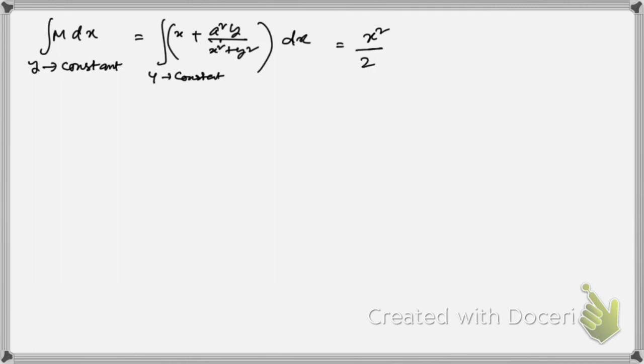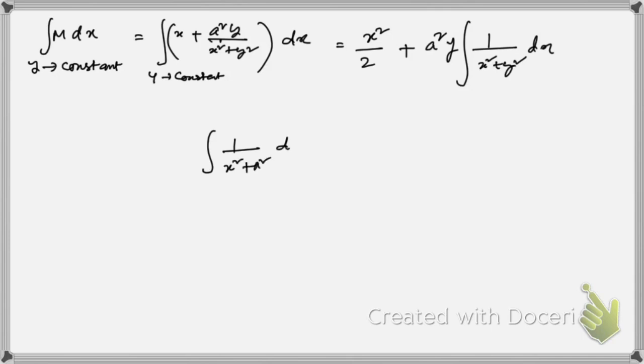x square by 2, integration of x dx, right? Then plus, so here y is constant, so that's why we can write this a square y outside the integral, as y is constant, x is also constant, so we're gonna get x square plus y square dx, right? So you see, if you remember this result, 1 by x square plus a square integration dx,